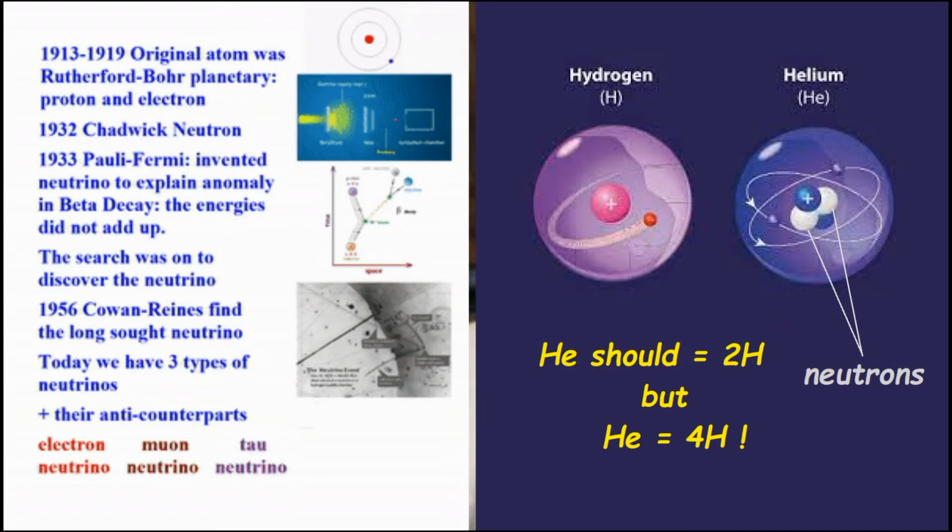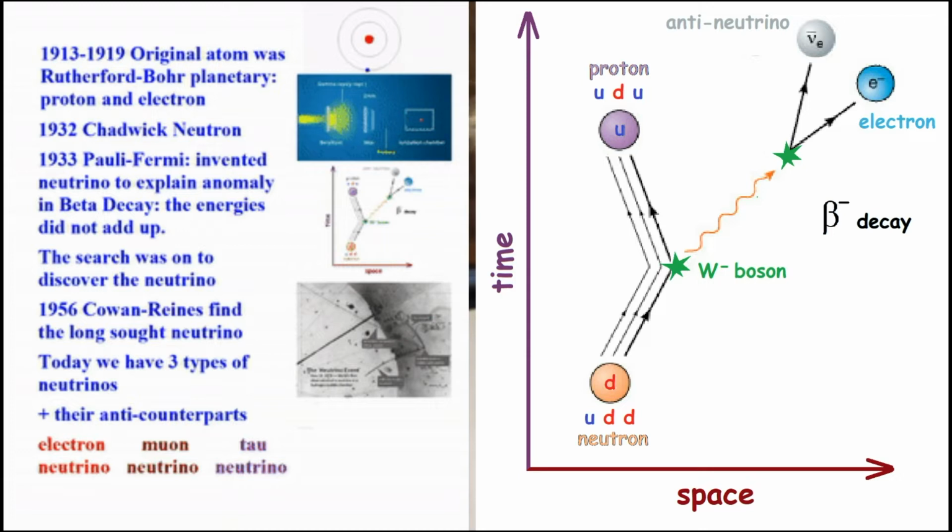Then Pauli first proposed it, but Fermi was the one who wrote a paper in 1934, actually, that's when he published it. Essentially, they came up with a neutrino, and I talked about that last week, to explain this beta decay. The energy simply did not add up. You had to account for the energies in the system, and why it remained constant. And this is more or less what I showed the other day. So you can see it there.